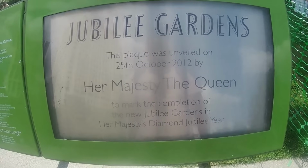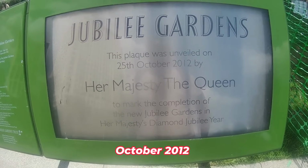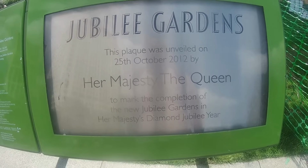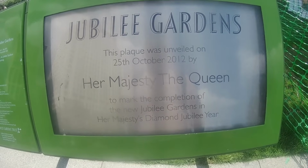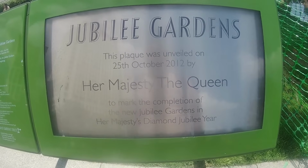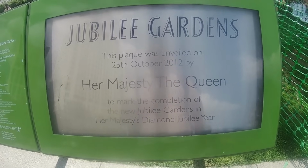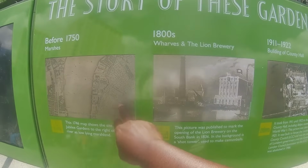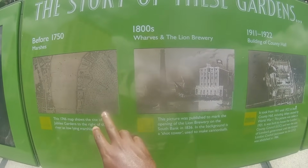So guys, here you can see a plaque that was unveiled in November 2012 by the late Queen, which marks the completion of the new Jubilee Gardens in her diamond year. And this whole section has a story about the history of these gardens. So as you can see, literally it was originally marshes before eventually in the